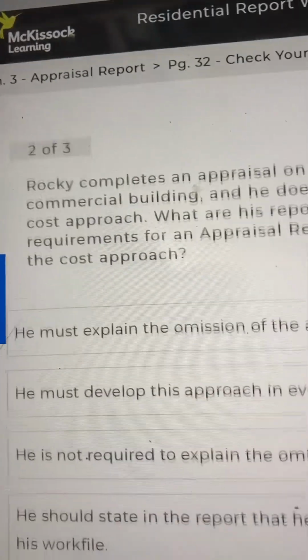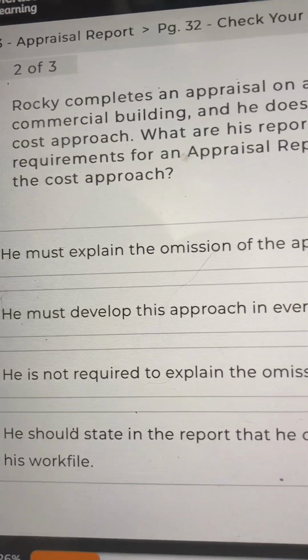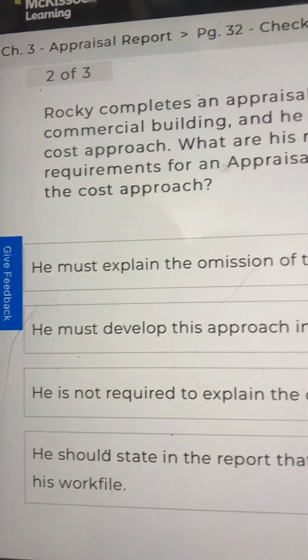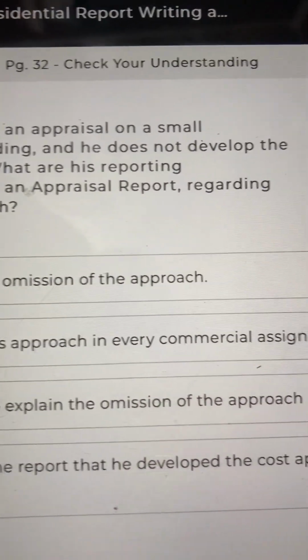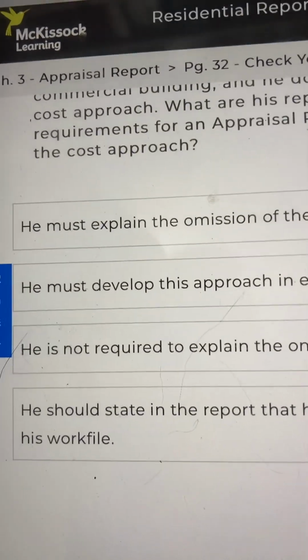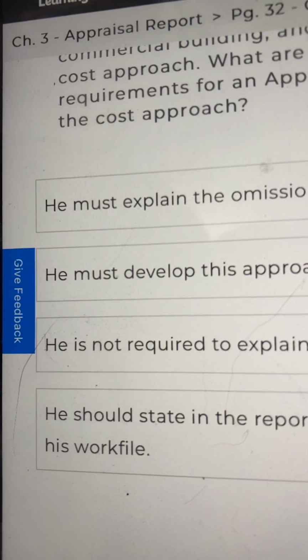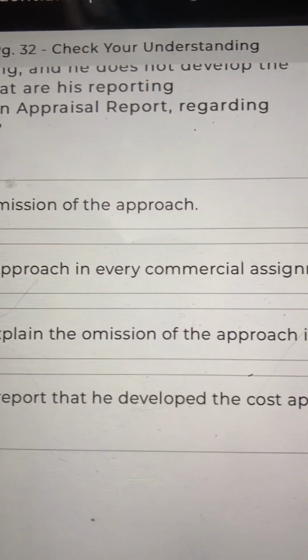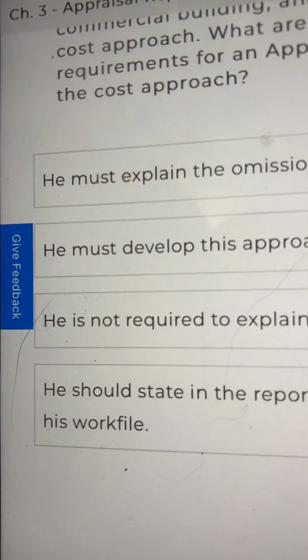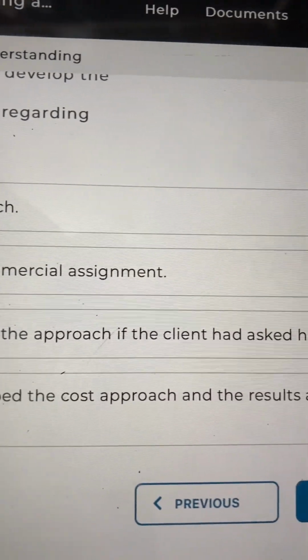Number 2. Rocky completes an appraisal on a small commercial building and he does not develop the cost approach. What are his reporting requirements for an appraisal report regarding the cost approach? A. He must explain the omission of the approach. B. He must develop this approach in every commercial assignment. C. He is not required to explain the omission of the approach if the client had asked him to omit it.